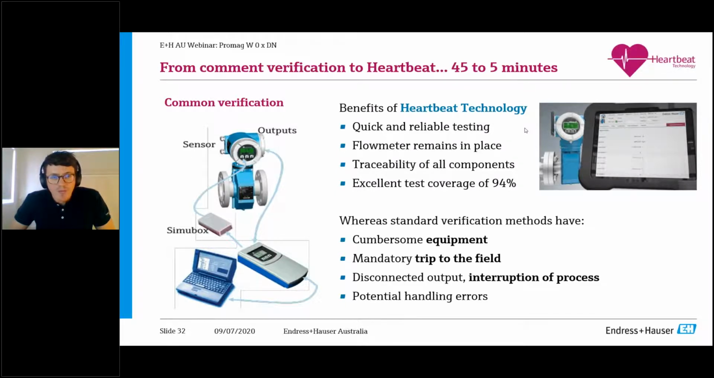With heartbeat verification, we've built all of that capability into the flow meter itself. So you don't need this simulation box anymore. You can just go into the flow meter on wireless LAN or on the web server or through your DCS and run a verification and be finished in 5 minutes. So a massive time saving there. And the beauty